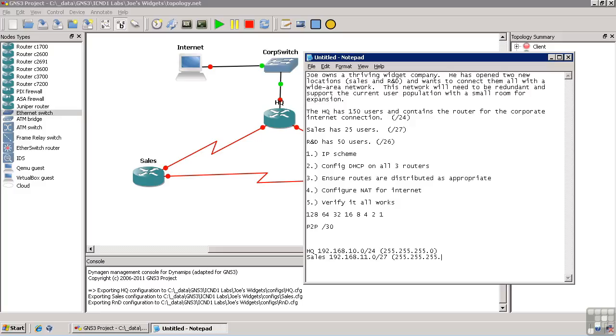255.255.255. What's the last octet here? Well, again, we just have to add up all of these 3 subnet mask bits that we're using. So 128 plus 64 is 192, and 192 plus 32 is 224. So that means the subnet mask up here will be 255.255.255.224. Finally, R&D will be 192.168.12.0/26. In this case, we already know what 1 bit less than the 224 is. It's 192. So we know its subnet mask is